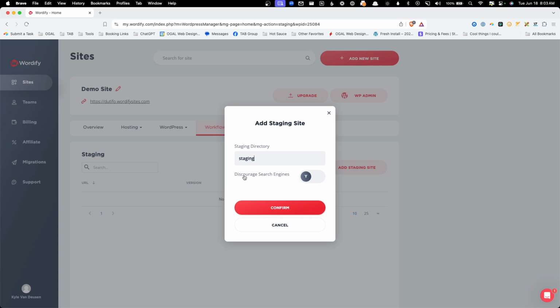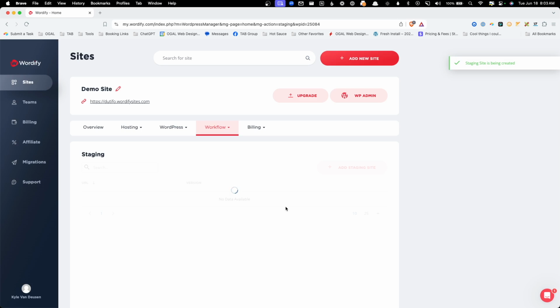us. Now we have the option to disable search engines, so I'm going to go ahead and discourage them by keeping this on the default option, which is yes, and we'll hit confirm. Now the site is pretty small, so I imagine the staging will be spun up pretty quickly here, so we'll give it just a couple minutes. But without even pausing the video, it looks like it's already been created. So our staging site is ready to